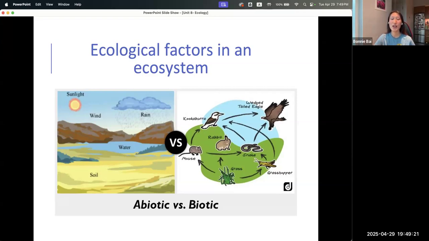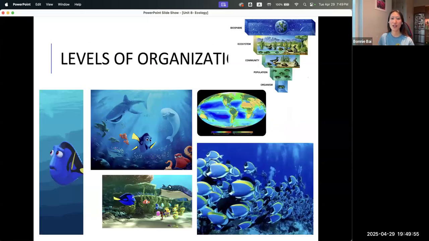They use and produce energy of some sort, using and releasing energy. What else? They don't have to be able to move. Plants aren't moving, but they are still living. They need to be able to maintain homeostasis within their body system, even if it's just one cell, a unicellular organism. I feel like I'm missing something, but that's the basics of biotic versus abiotic factors. In ecology, we think about how everything interacts with each other in the environment. So that takes us to the levels of organization.